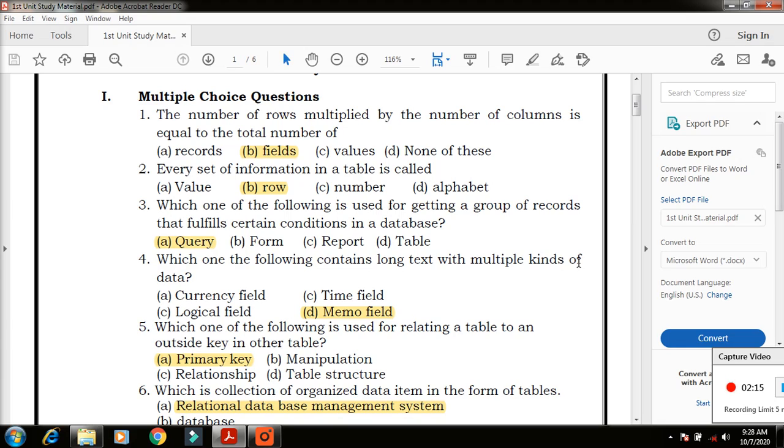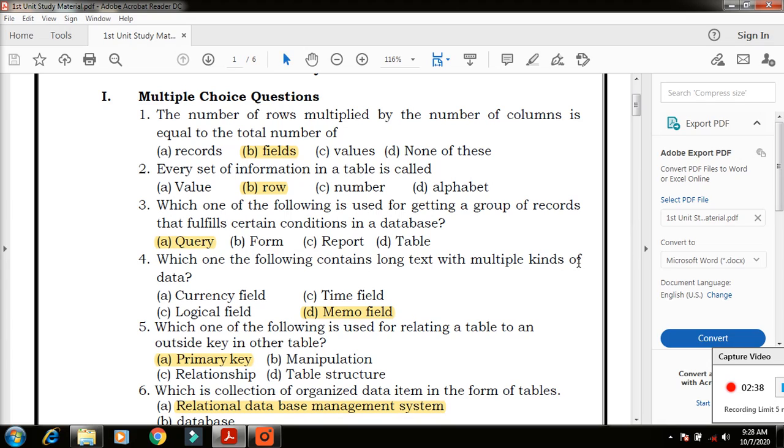The next one, which one of the following contains long text with multiple kinds of data? So when you enter values in a database, we have some data types. What are the data types?